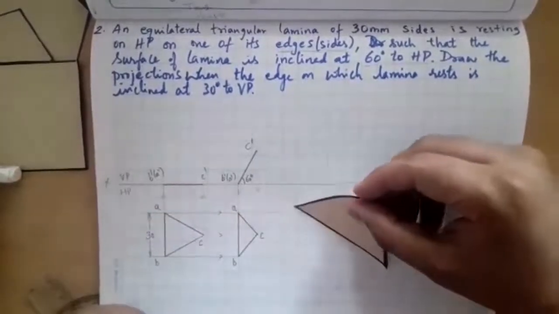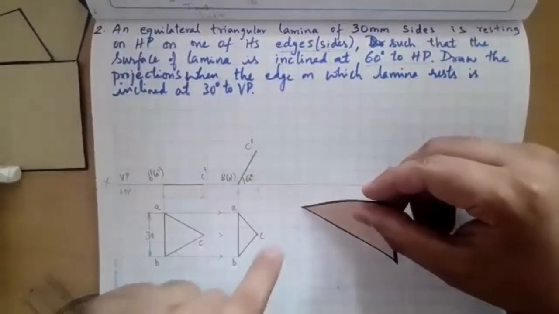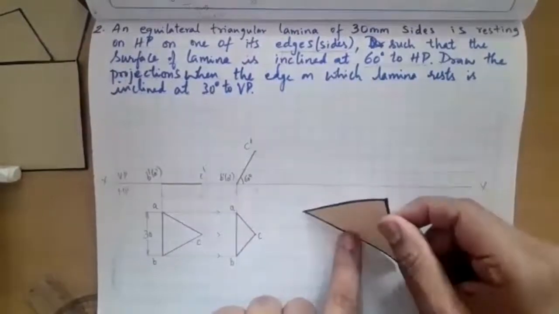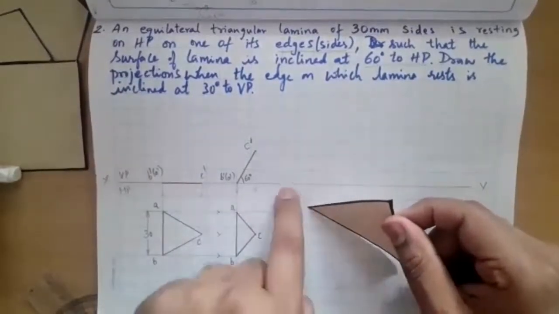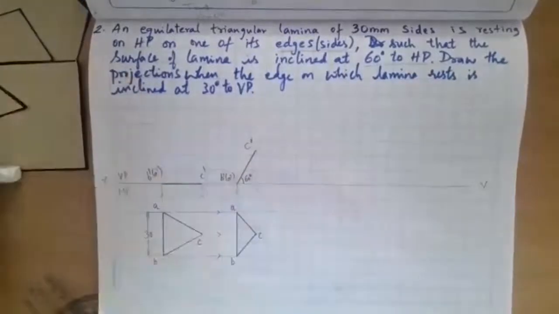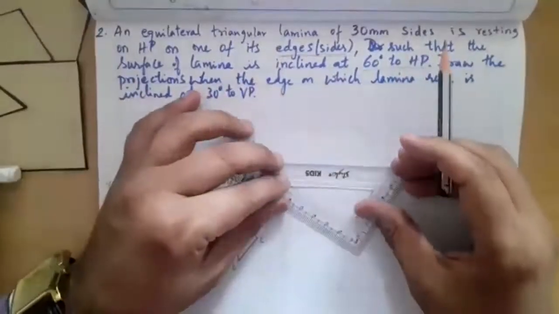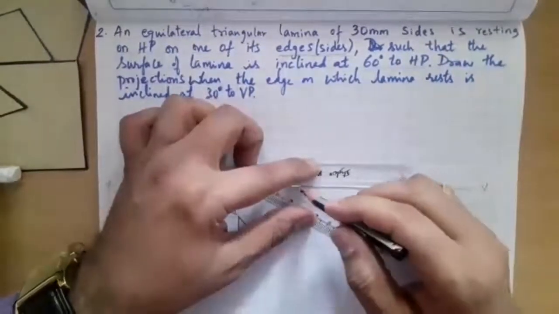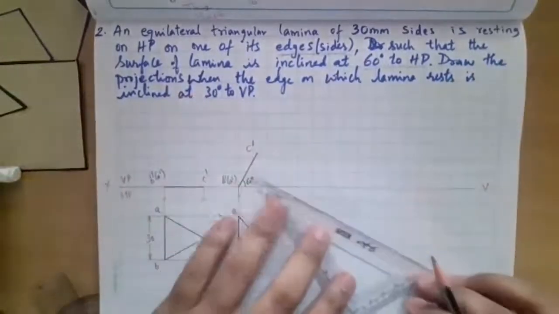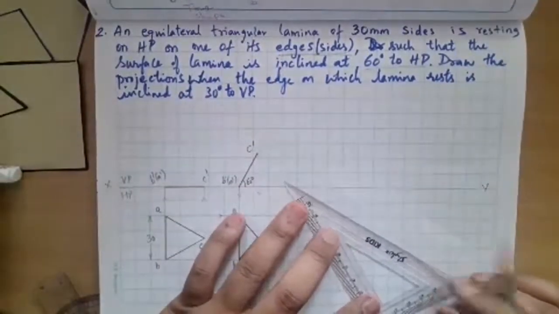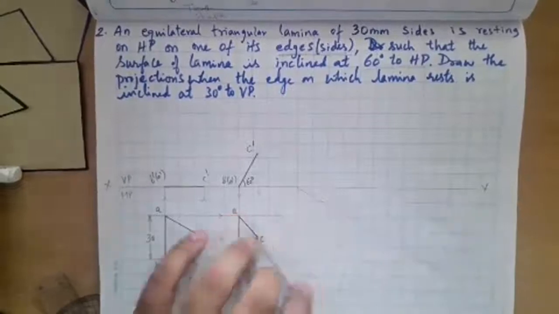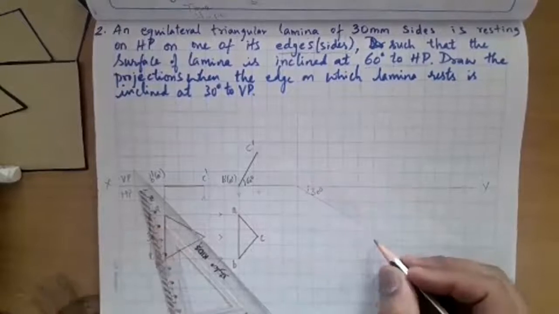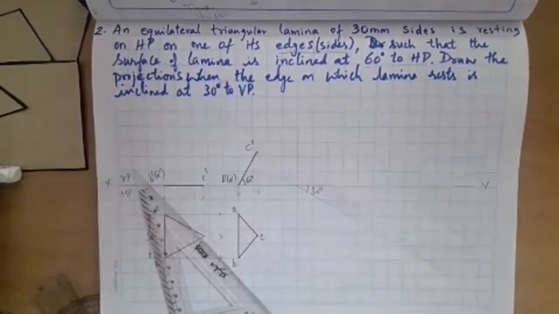I'll shift this edge to the new position, that is at an angle of 30 degree. I'm going to shift this edge, keeping this surface inclination 60 degree constant. This surface is inclined 60 degree, but this edge I'm keeping it at 30 degree. So I'll use a 30 degree line. See, I'll draw a 30 degree line, keep a set square, and from here draw a line at 30 degree and shift the second top view to the new position.